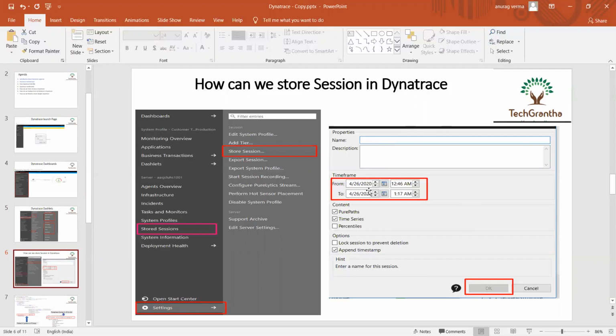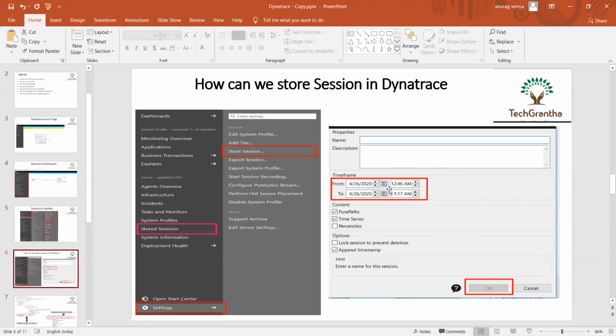Once your test is done, the time and date will be mentioned in your result analysis file. You just need to mention the starting date and time and the end date and time of the execution, and then click the OK button. Once we click OK, the Dynatrace session will be stored for that particular duration.